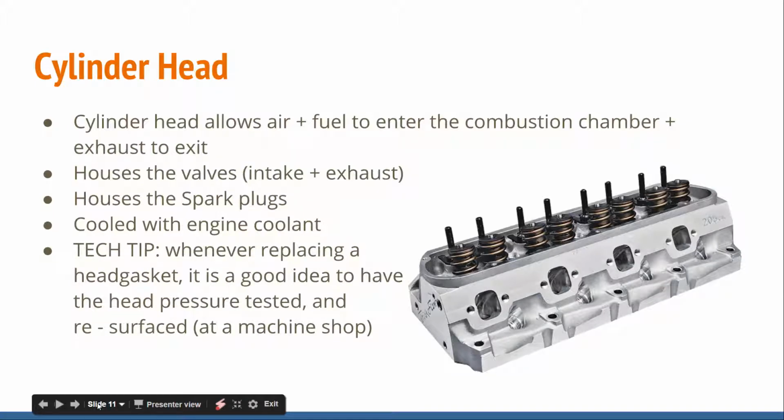Tech tip: whenever replacing head gaskets, it's a good idea to have the head pressure tested and resurfaced at a machine shop. Most likely the shop you're working at is not going to be able to do those things. So what we do, in our shop, whenever we have a cylinder head off for whatever reason, usually it's to replace head gaskets,